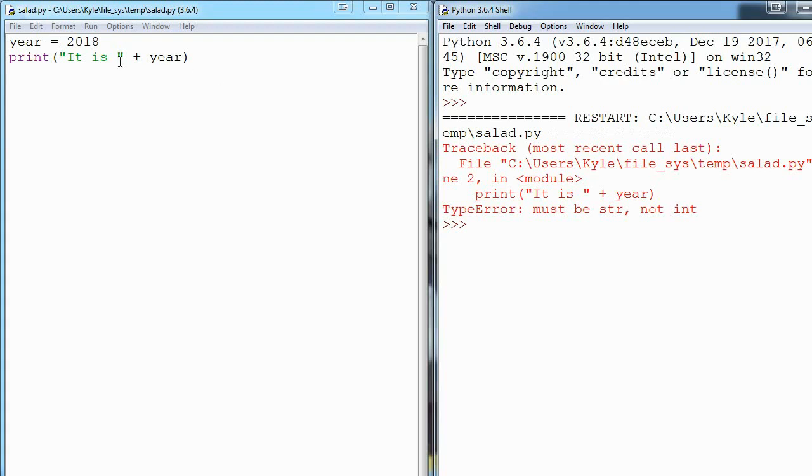So what's happening here? Basically we have year, which I'm just going to rewrite as 2018 because that's what the variable holds right now. We're trying to add a number to a string, and Python can't do that for us, at least not implicitly. So what we can do